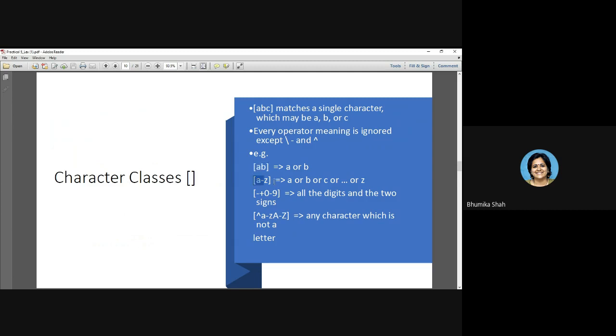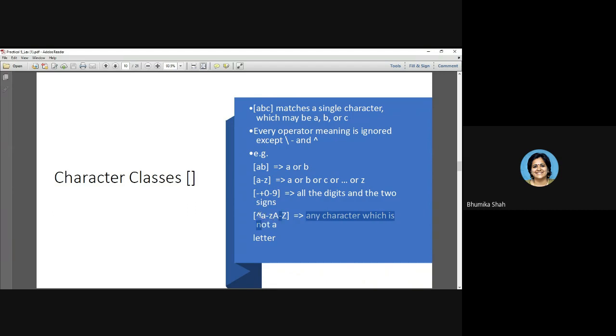If you write A hyphen Z in square brackets, the hyphen is used for indicating range. When you write A hyphen Z, what is it indicating? It will satisfy, again, a single character. Are you getting what I'm trying to say? In a range, a single character is going to be satisfied, including A to Z and all lowercase letters between a to z. Now observe over here: minus, plus, 0 to 9. This indicates that either minus will be satisfied, or plus will be satisfied, or any digit between 0 to 9 will be satisfied.